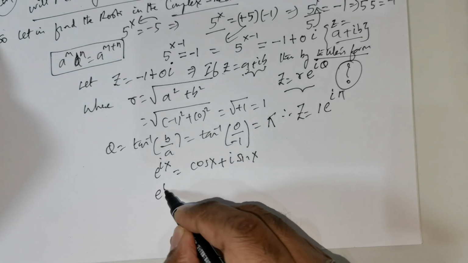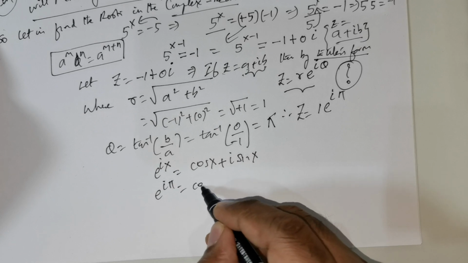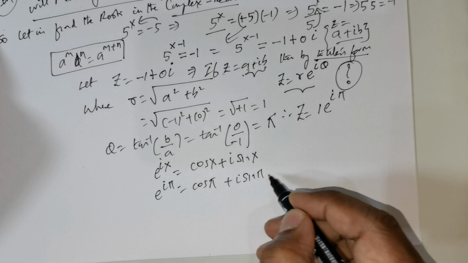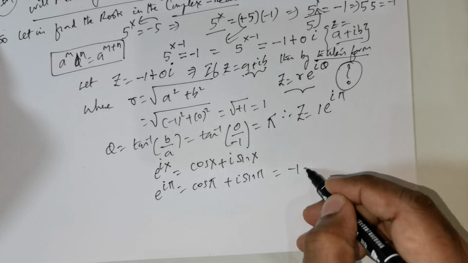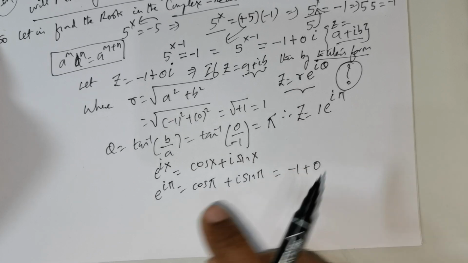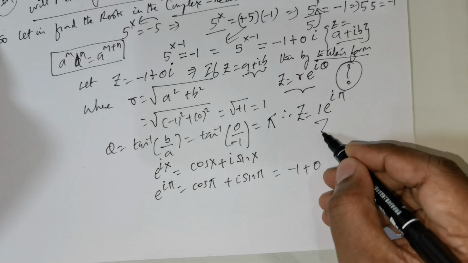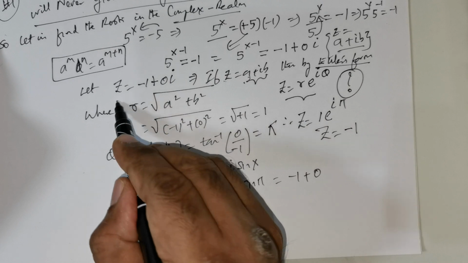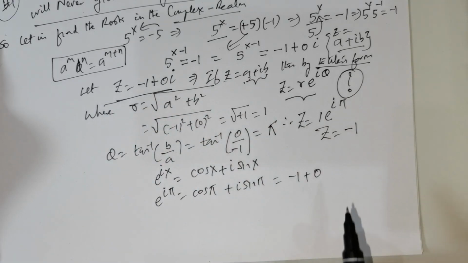Now e raised to the power of i pi is nothing but cos pi plus i times sin pi. Cos pi is negative 1, and sin pi is going to give me 0. So z is actually equal to negative 1, which is what we started with. Okay, now the question comes,